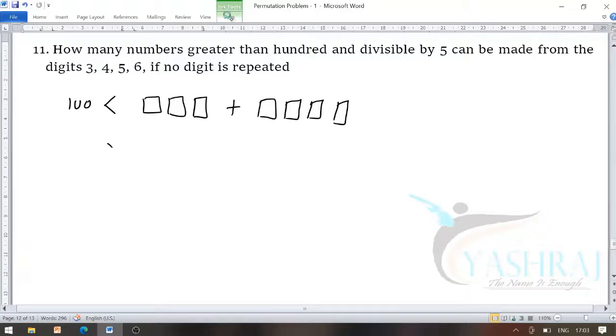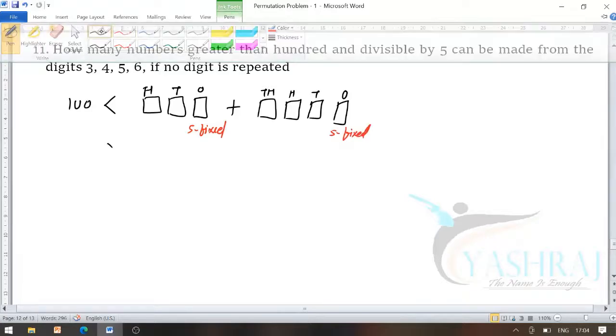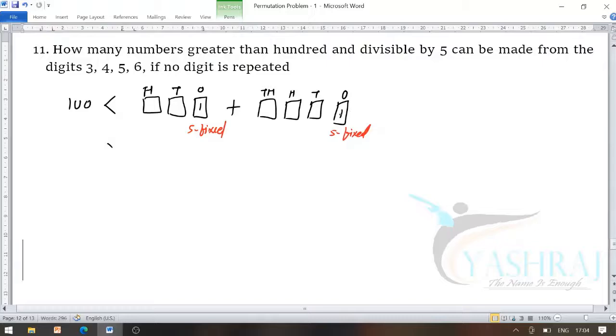And we have one more condition, that the number is divisible by 5 also. As per the divisibility rule of 5, well known to everyone, once a number ends with a 5, it is divisible by 5. So in both cases we have to fix 5 at the ones place, the unit place. There is only one way to fix a 5 at the ones place. So now we will find firstly the 3-digit numbers. Look, we have the digits 3, 4, 5, 6. Among them 5 is fixed. So we have 3 ways to fill up the 100th place. Keep in mind, repetition is not allowed here, no digit is repeated.